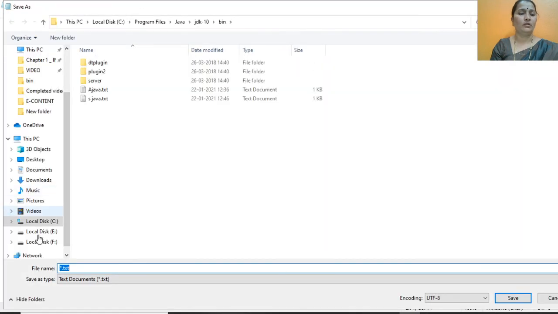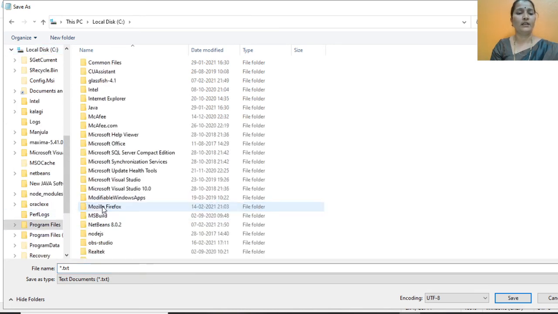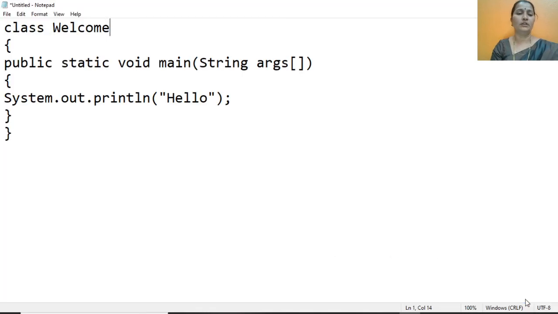Our Java is present in local disk C, program files, Java, JDK 10, and then in bin we have to save the file. My file name is Welcome with capital W. The file name should be the same as the class name, with the extension .java, and we have to save this in this path.